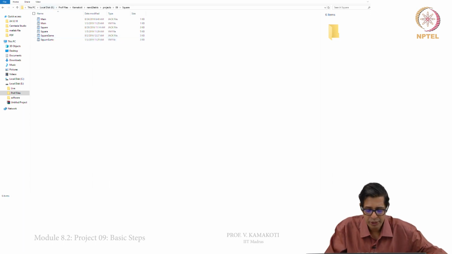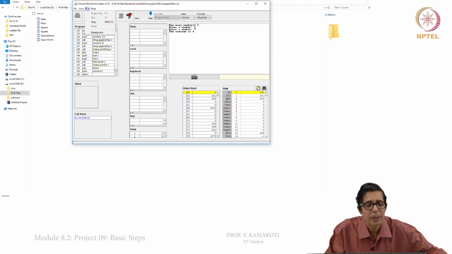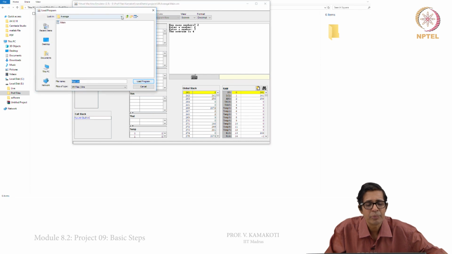Now, when we want to execute this, we go to this and just load program. In the previous cases, we had only one Jack file and one VM file, in both the average and the hello world. But when we go to the square we have more than one VM file.